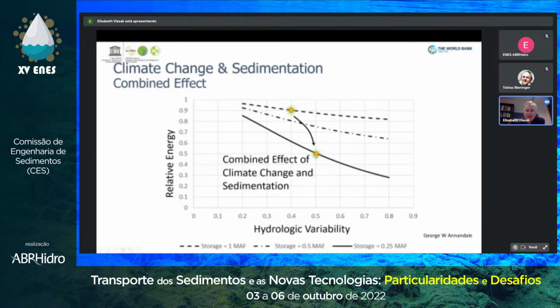So the issue we are facing more and more these days is more variability on the one side, from climate change causing hydrological variability, and additionally we have sedimentation. So we jump down and more or less fall down to this point. We have to avoid this because this is really a lot of economic losses. And if it's an irrigation reservoir at the same time, or a drinking water supply, it's even worse, like in African basins.